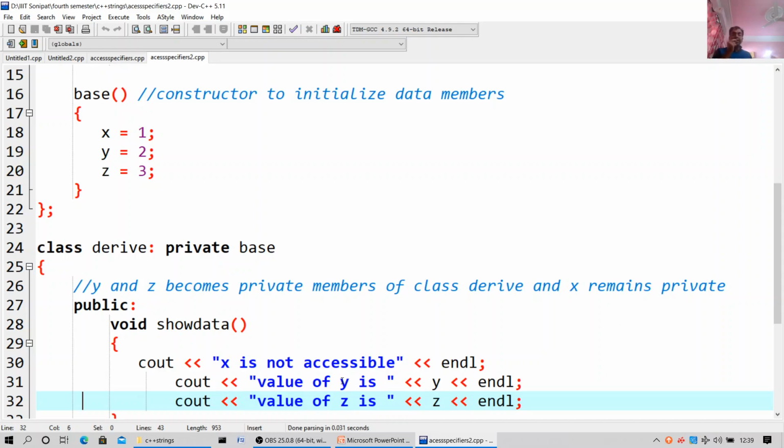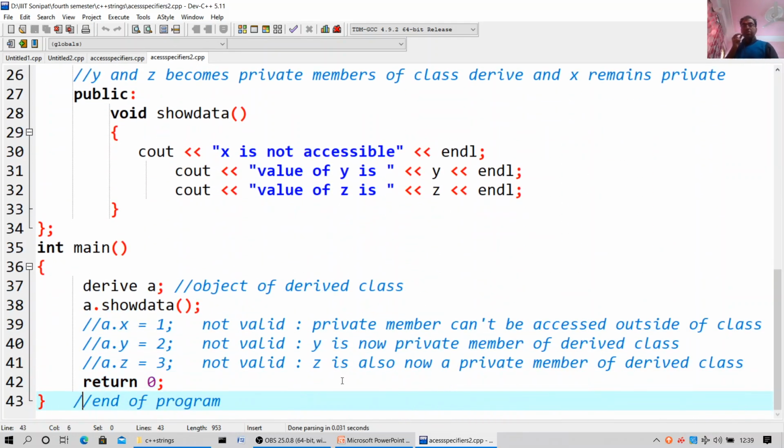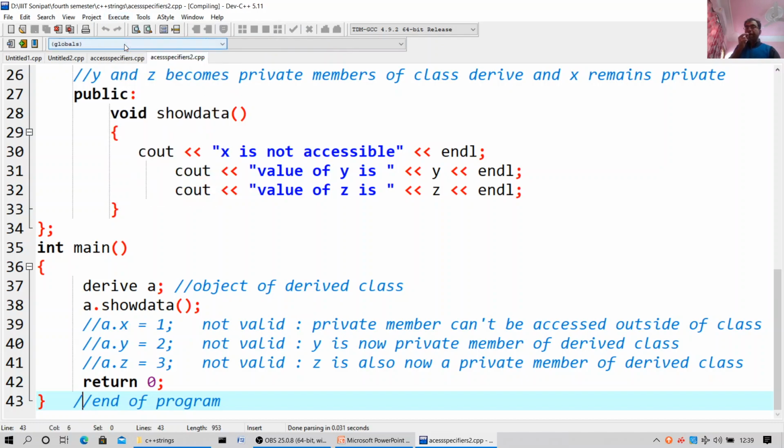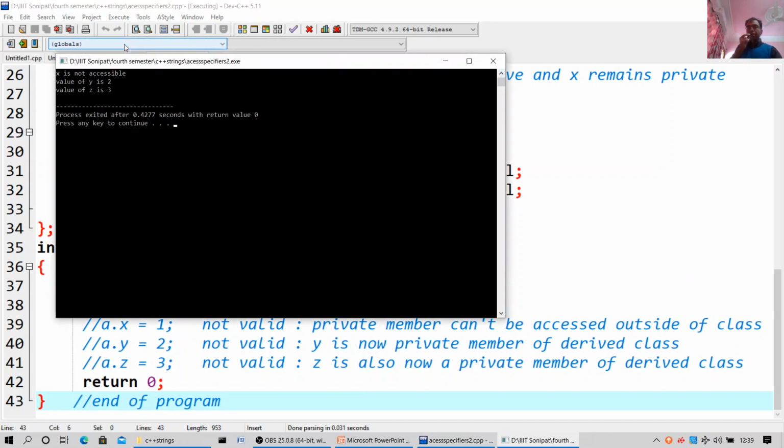So I am taking a derive class and I am calling it private, public: void showdata, cout x is not accessible, value of y is y, value of z is z. So derive a.showdata, return 0. I'll go to compile and run. X is not accessible, value of y is 2, value of z is 3.